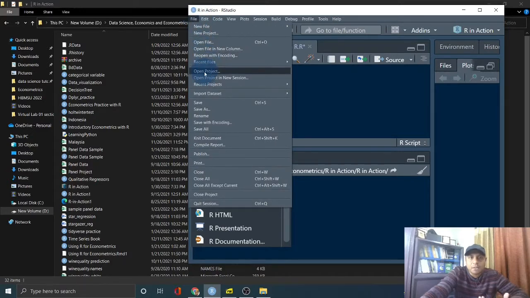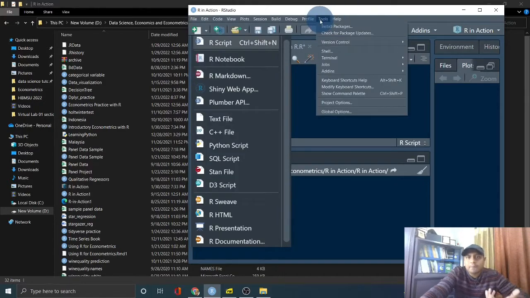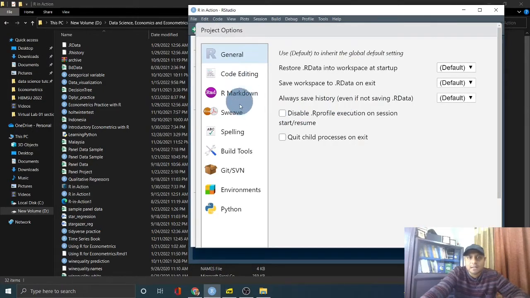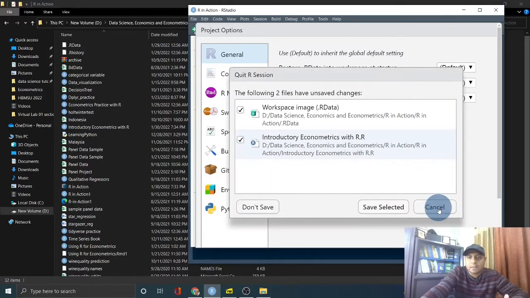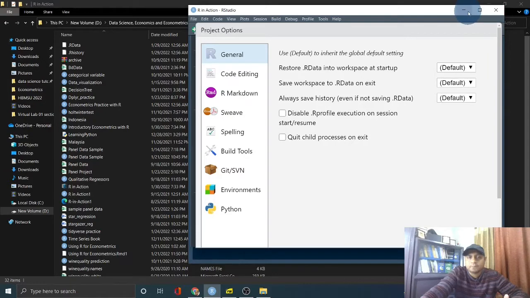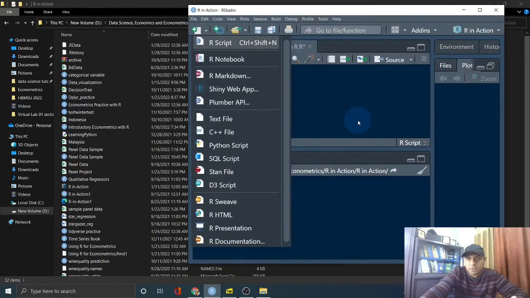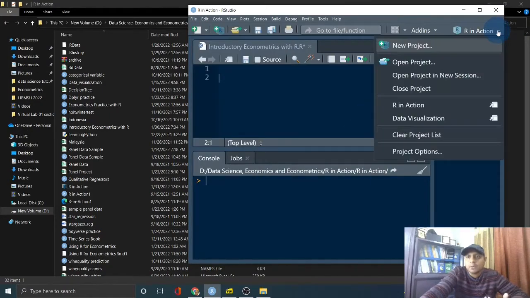So open a new project, or open a new project session, or you can go to Tools and then to the Project Options. If you go to Project Options, you will see there are a lot of options there, such as Markdown or code editing. You can do that using this R programming language environment. So basically what I'm trying to say is that you need to start a new project, where you can easily put all your things.